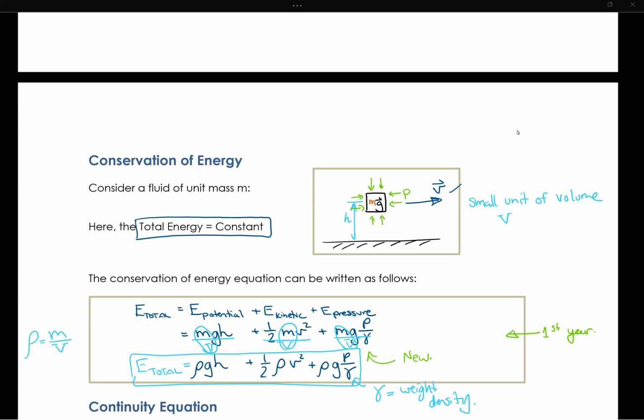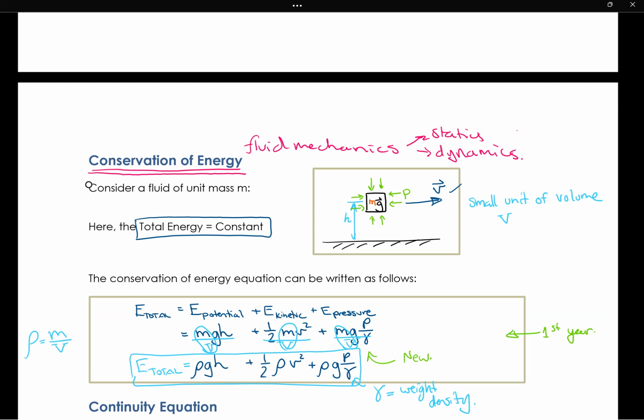So we're talking about fluid mechanics, which means statics and dynamics. And a very important topic in fluid mechanics, or in lots of engineering subjects, or in life in general, is